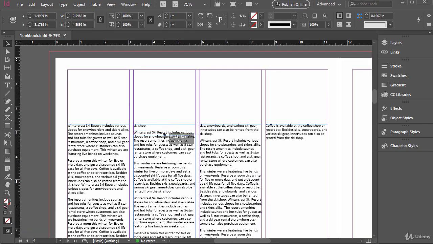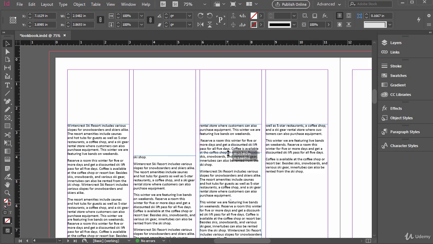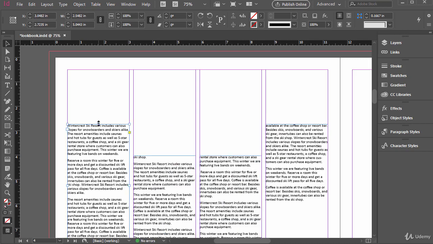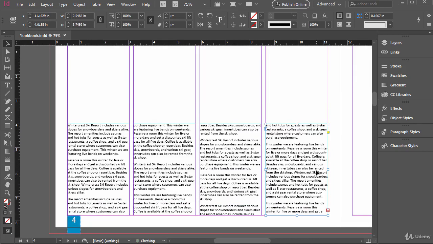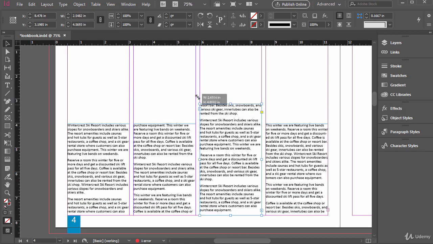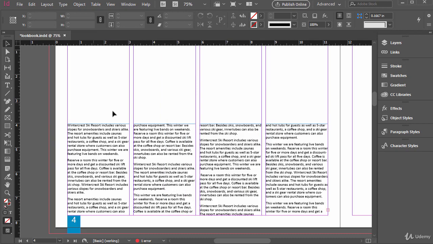So we could actually click and drag these down, and these frames act similar to other types of frames in that we can click and drag a corner, and we can click and drag a side to resize it. For example, click and drag the top there, click and drag a corner, and so on. So if I want to select all these at the same time and resize them, if I click and drag